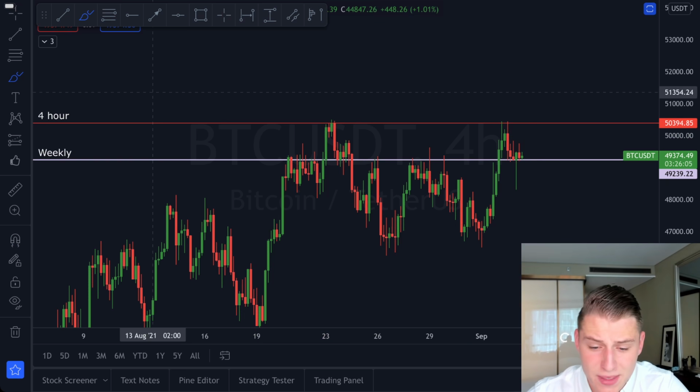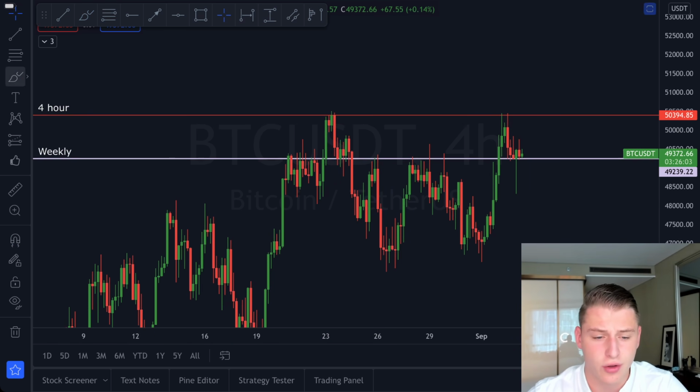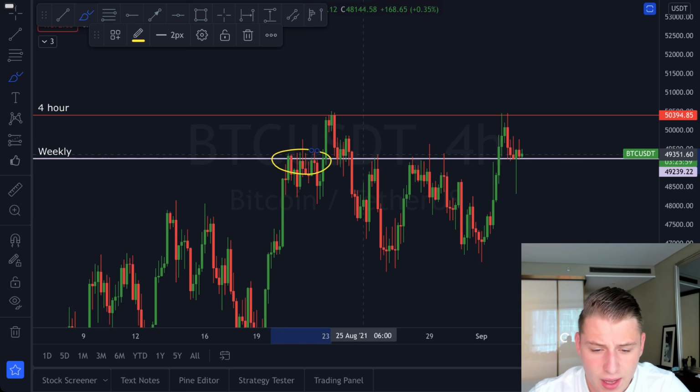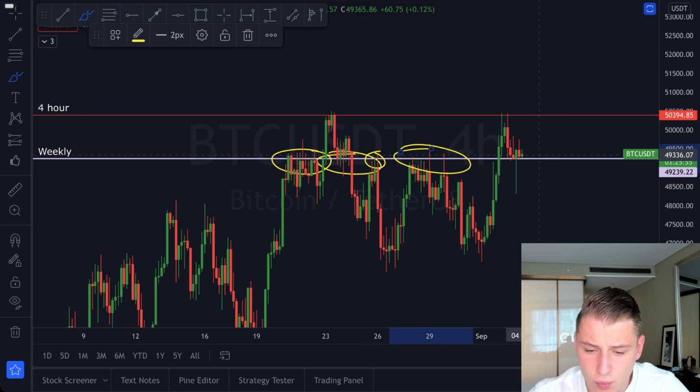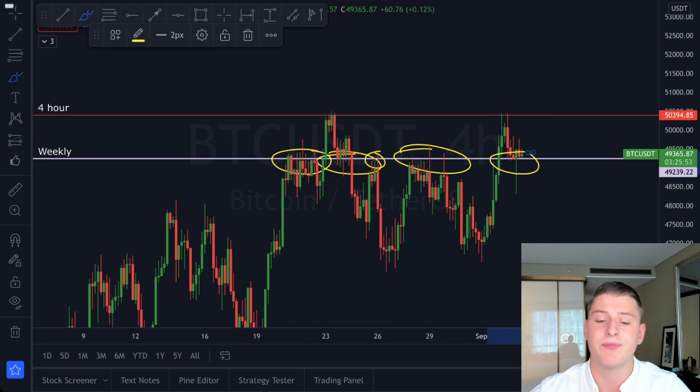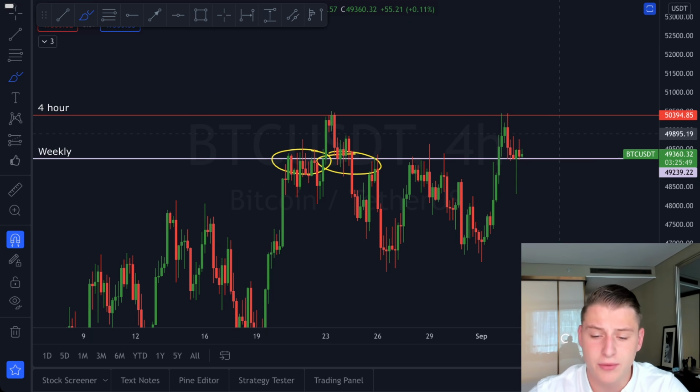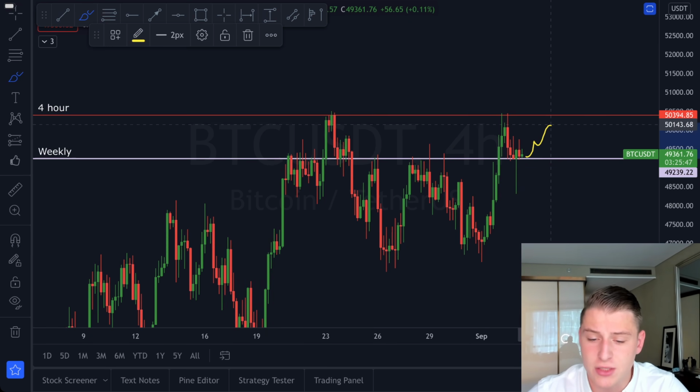So let me also talk a little bit about the current ongoing trend and what we are currently seeing in the market. You can see here weekly support over here, resistance, support, resistance. Right now we are still finding support on the weekly level. This is of course extremely important to pay your attention towards. As long as we're trading above this level, yes, we could still see a bounce back towards the upside,